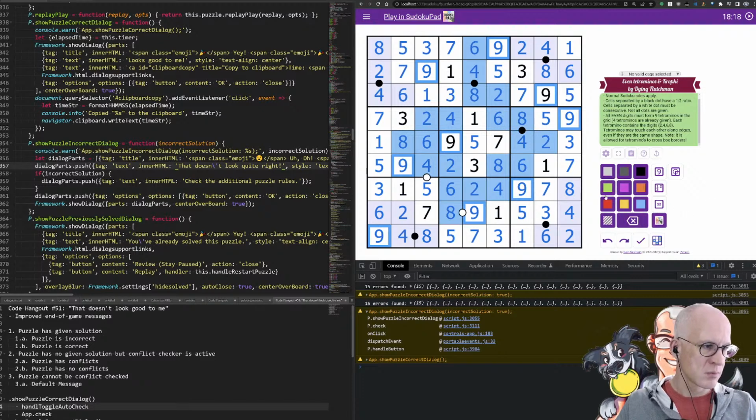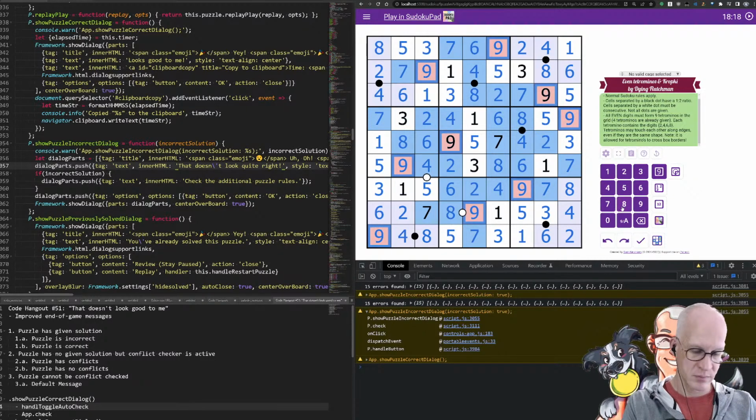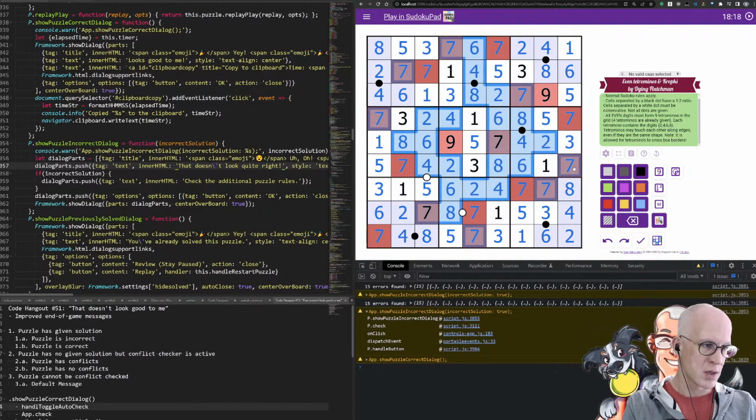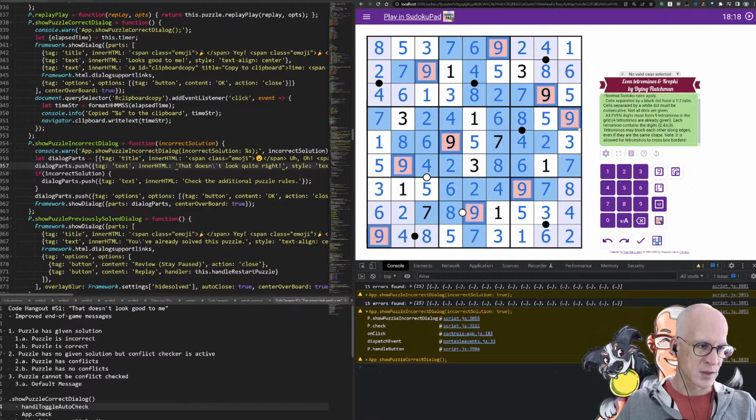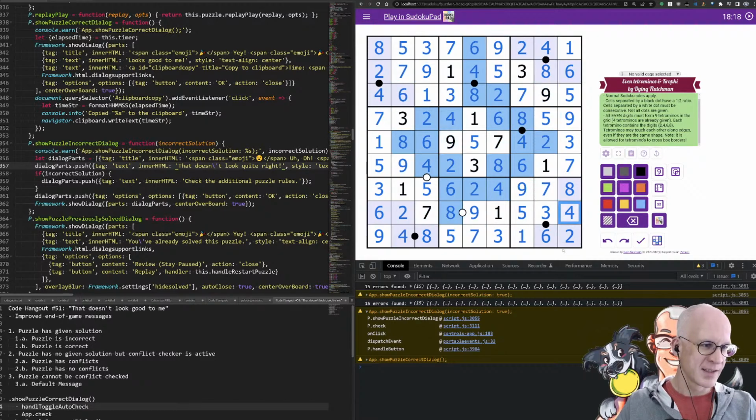Now let's do what you said. Let's select all the 9s, make them red, select all the 7s, make them blue. All the 9s now become 7s. Oh, no, I can't do it with givens. I'm an idiot. I need something that doesn't have any givens. 2s? 1, 2, 3, 4, 6.